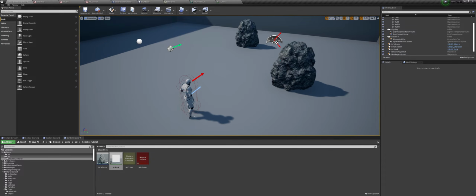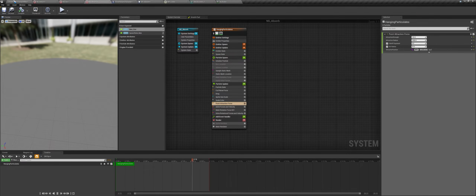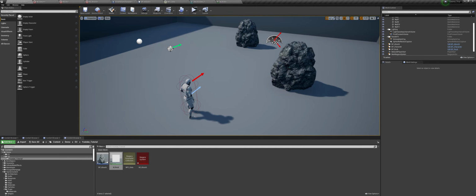It will depend on the attraction force. So if the attraction force is very big, when the lifetime of the particle is 0.5, it will still be here. I mean the normalized lifetime, it will still reach here depending on the force we apply to the absorption. Depending on the force we apply to each particles using the point attraction force. So it isn't exactly 0 to 1, but we can get around that easily.